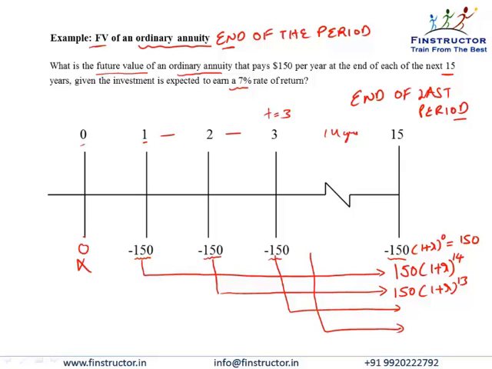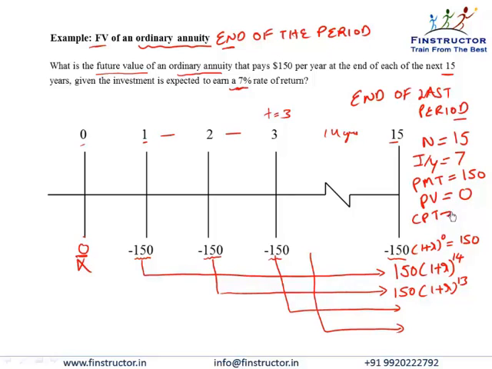So do we know n in this question? Yes, it's a number of 15. Do we know what I by y is? It's given to us as 7%. Do we know about the payments every period? Yes, there are a number of 150. Doesn't matter if you enter plus or minus, we'll just enter 150 positive for now. The present value is given to be 0 since there's no payment right at the beginning,